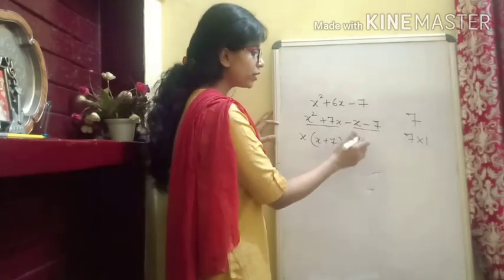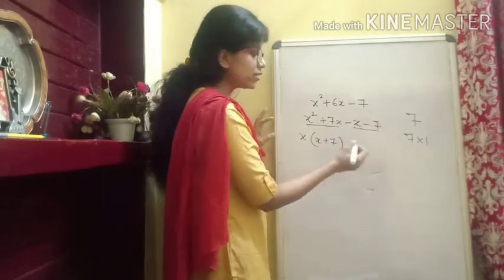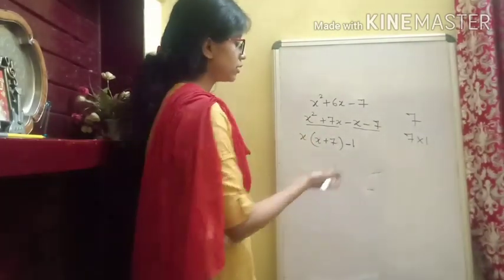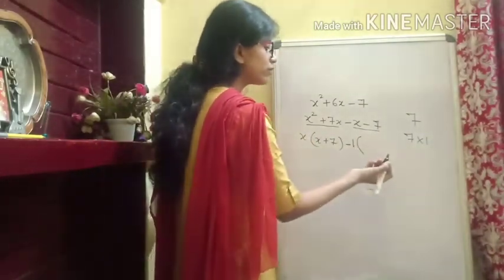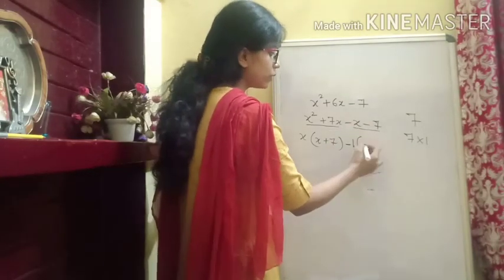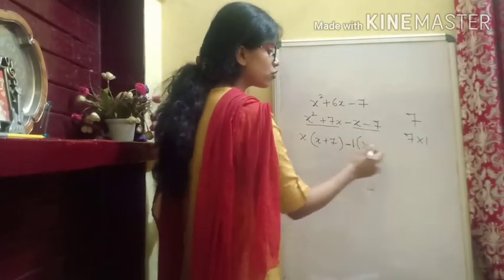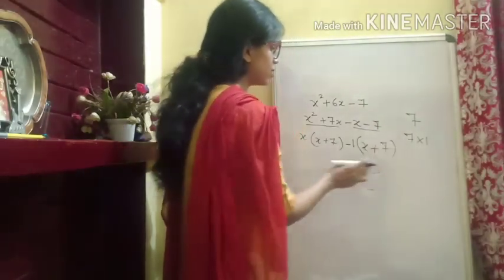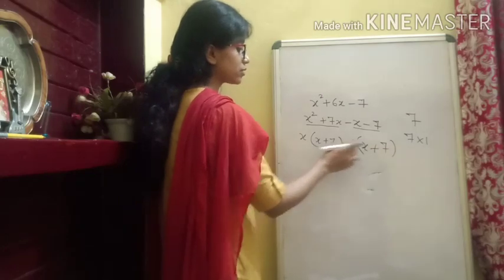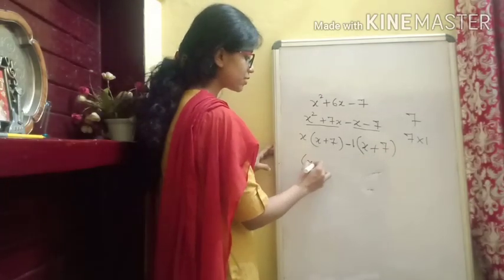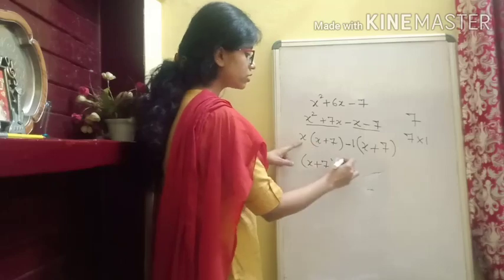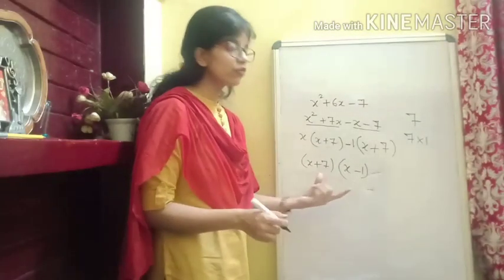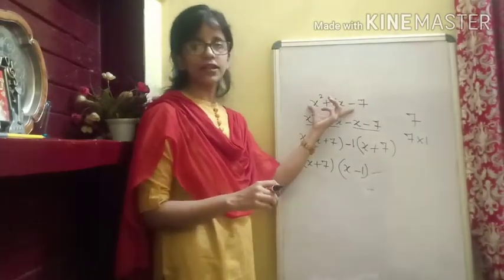Which sign to take common? As minus. And what number will we take common if there is nothing common? 1. 1 is always a factor of the given terms. Since we have taken one common, there will be x left. Minus we have taken common, so it will alter the sign, it will become plus, and again we have 7. Now next term, what do we have common? That is x plus 7. Again we have common. First term we have x minus 1. Is it okay? And that's how we have factorized our given trinomial.